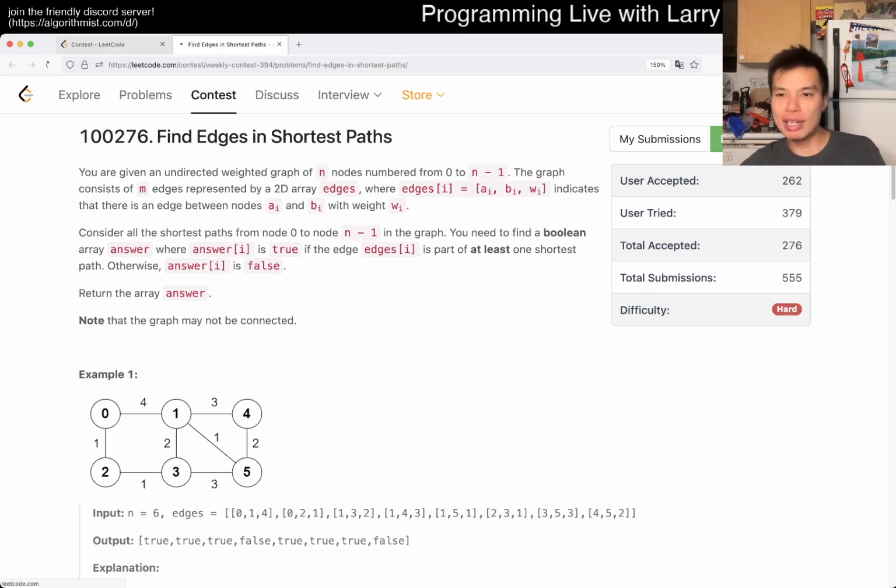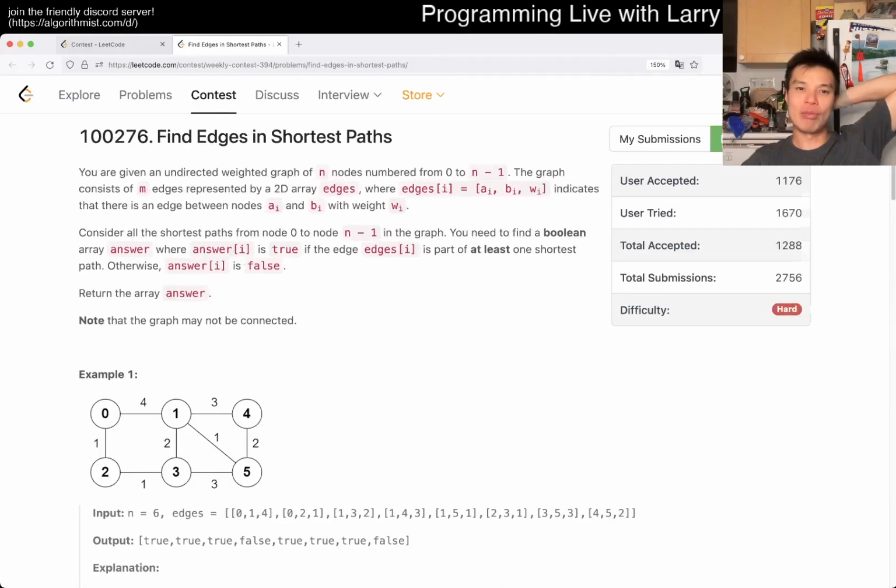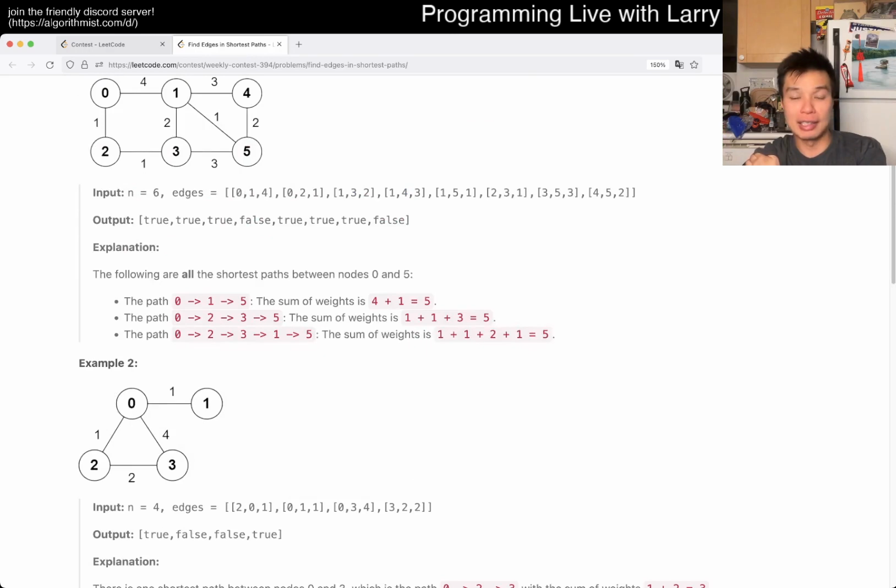So this one, I want to go over one thing real quick. This first part is going to be a little bit fast. My apologies, just because this is pretty fundamental, pretty basic, so I'm not going to go over the details of Dijkstra's algorithm. Here you're trying to find the shortest path from 0 to n-1. It is a Dijkstra's algorithm problem, and I'm not going to go over the Dijkstra's part very much in detail,